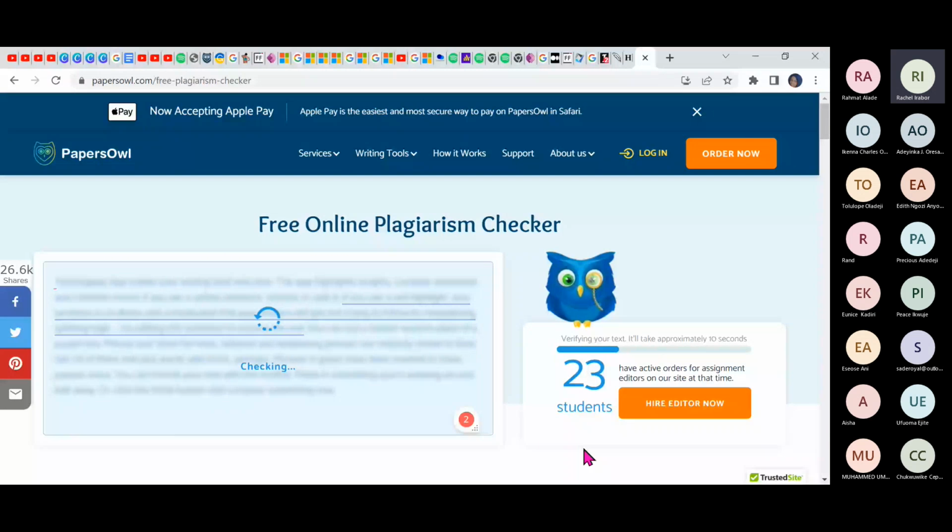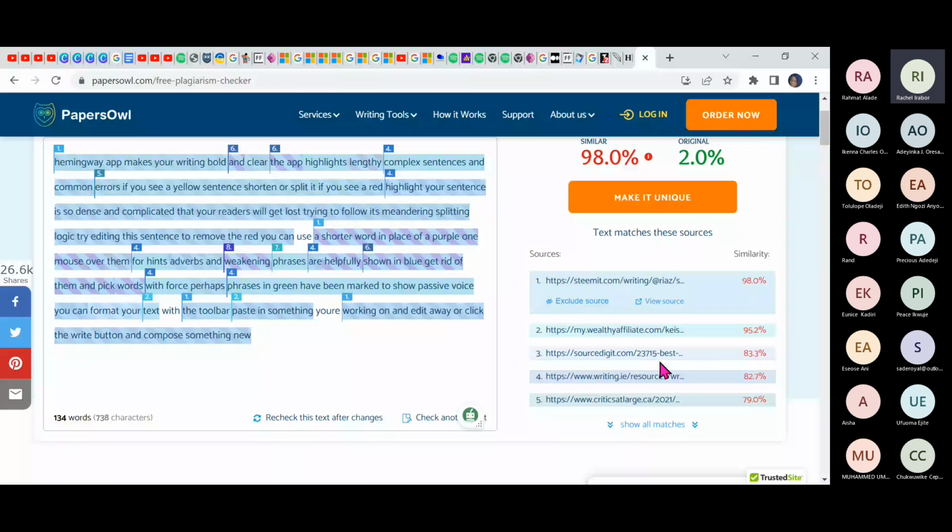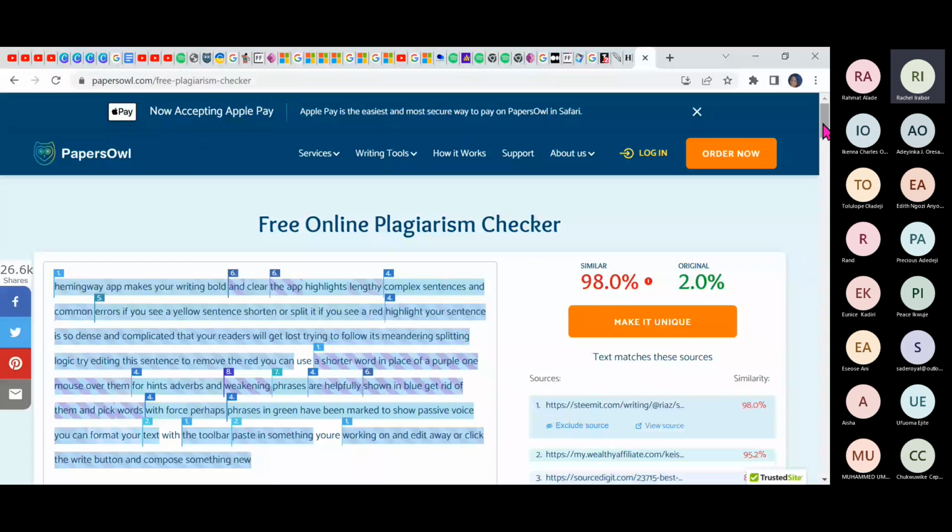It actually had issues yesterday. The site was down, so I don't know if it will work today. But it shows you if your work has plagiarism, it's going to show you how many percent. Like you can see now, it's telling me that 98.0% is similar, meaning if this is a blog post now, I cannot use it.